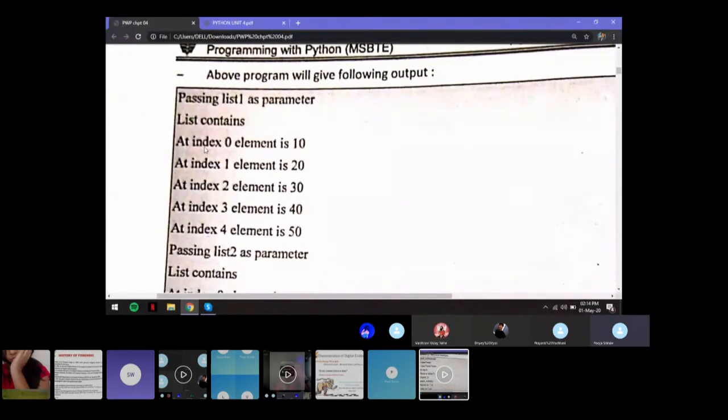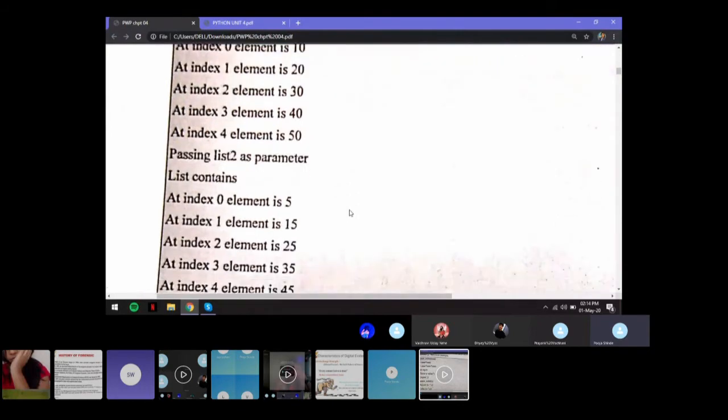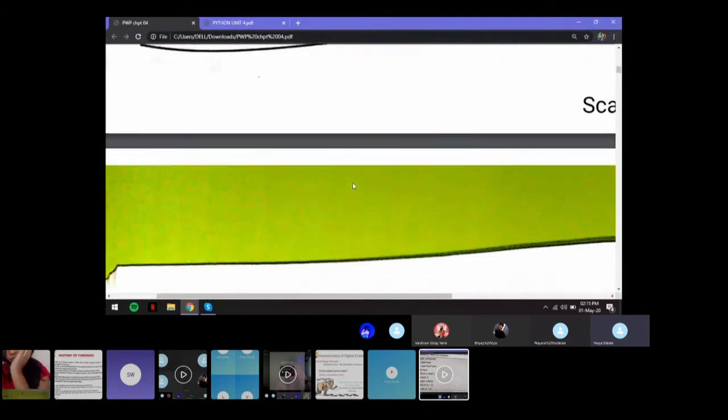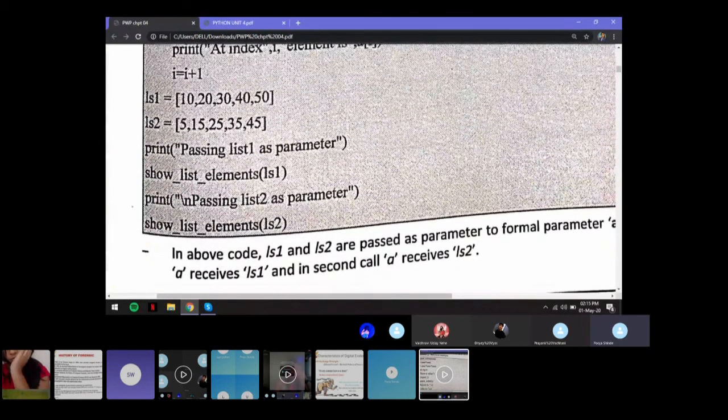For list 1, at index 0 element is 10, at index 1 element is 20, and so on until the length of the list is reached. So you'll continue till index 4 and the last element, that is 50. So at index 4 the element will be 50, and similarly for the next list, that is ls2. So you can pass an entire list or any kind of sequence as an argument as well.